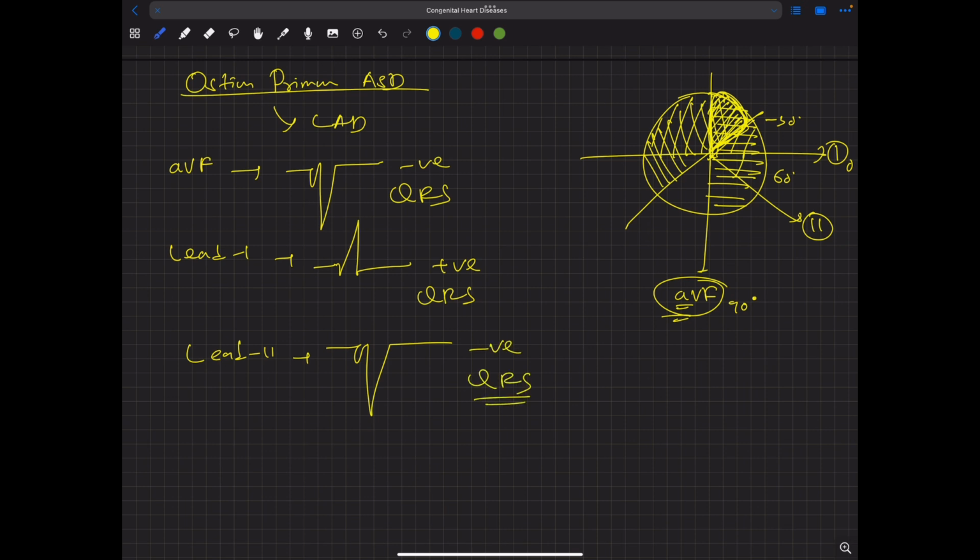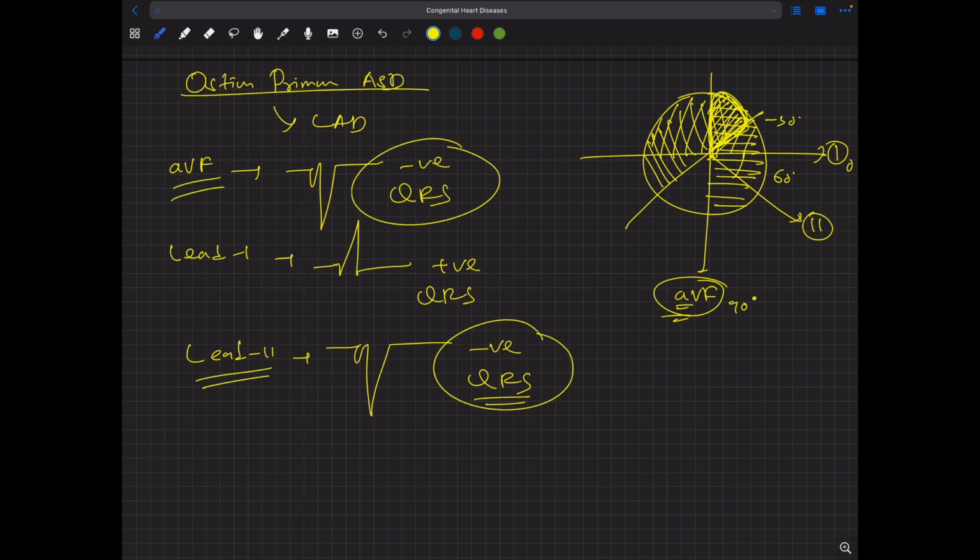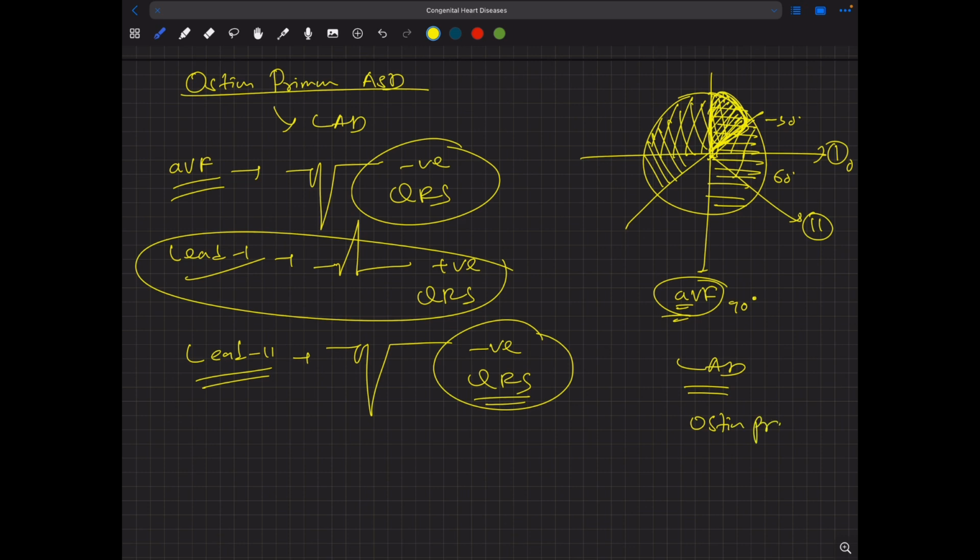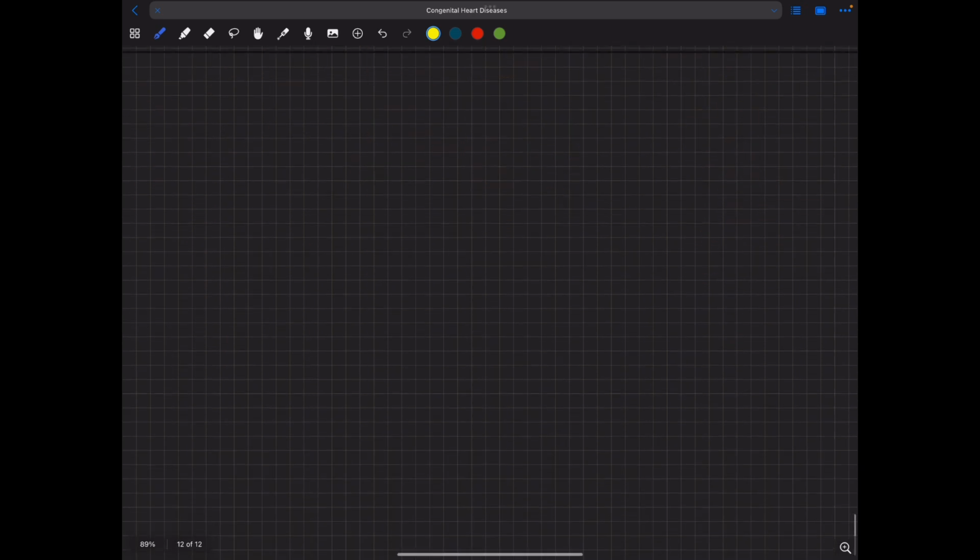So you find an ECG with negative QRS complex in lead AVF, negative QRS complex in lead 2, and positive QRS complex in lead 1. So this is left axis deviation. In which type of atrial septal defect will we see left axis deviation? In ostium primum type of ASD. Now, ostium secundum type of ASD,